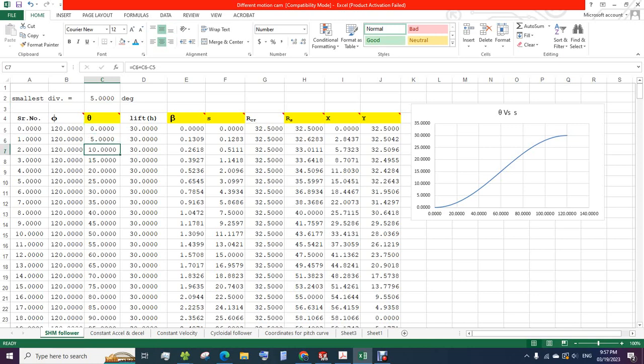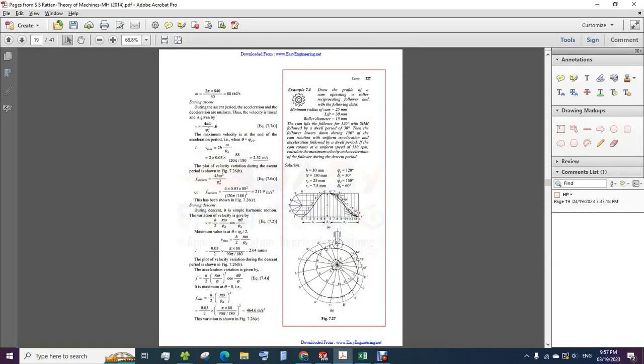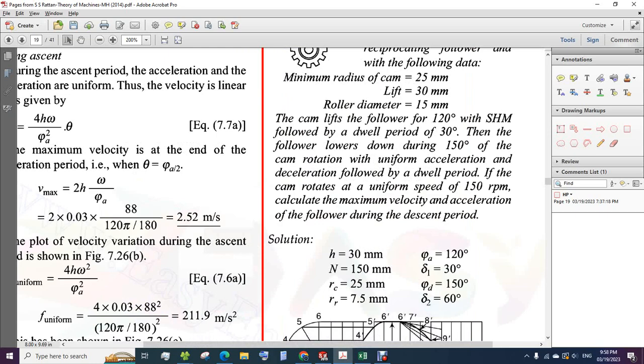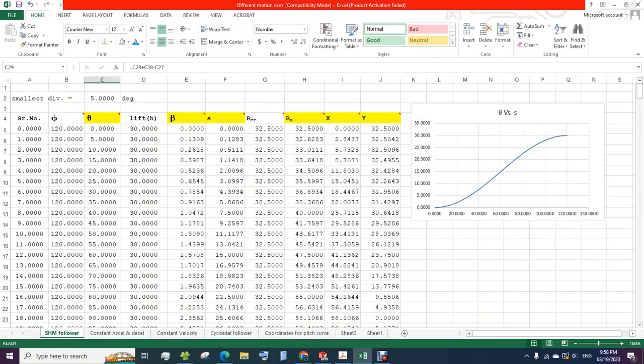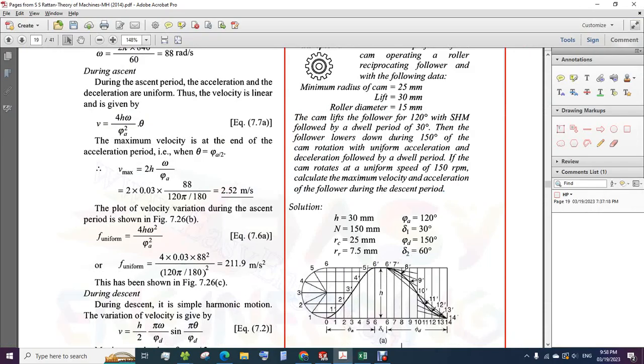This is 5, 10, 15, 20, like this up to 120. Then the lift of this cam is 30 mm, so the lift h is defined in this column. This is 30. Then the angle beta